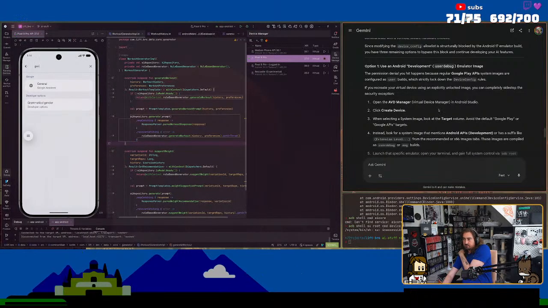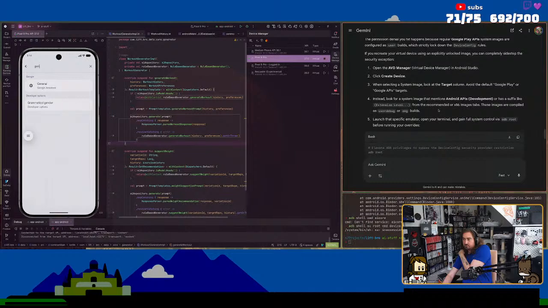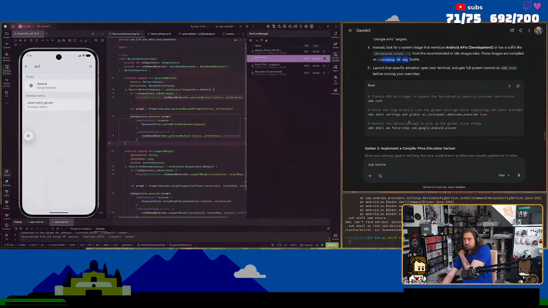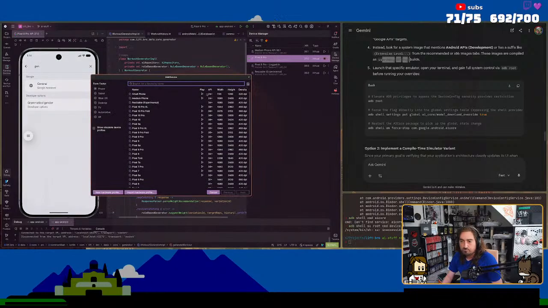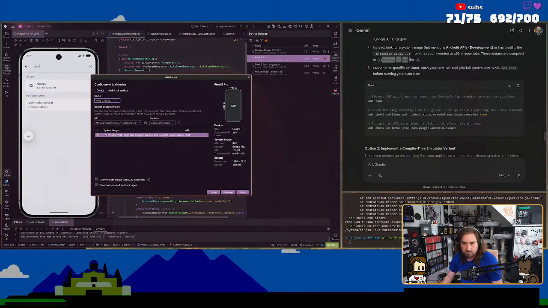You hit the regular Google Play, open AVD Manager. When selecting a system image, look at the target Play, Google Play, or Google APIs, that mentions Android APIs development or as a suffix like extension level. These images are compiled as user debug or eng builds. Launch that specific emulator. Okay, let's try one more. We'll try the Pixel 9 Pro because that just seems to be working.